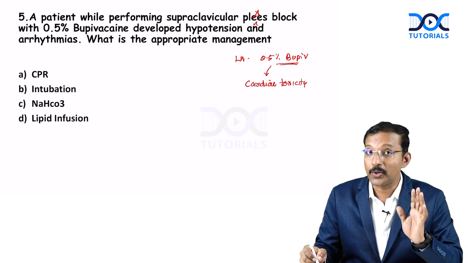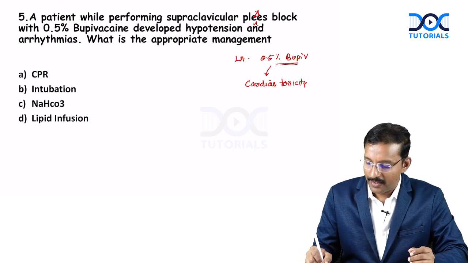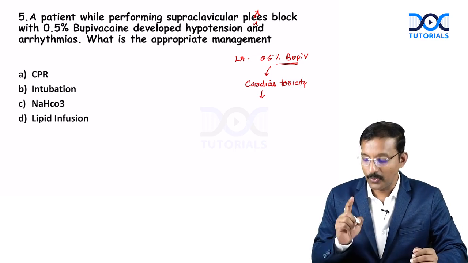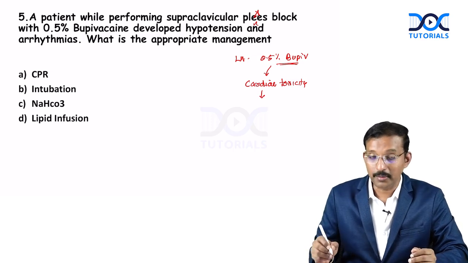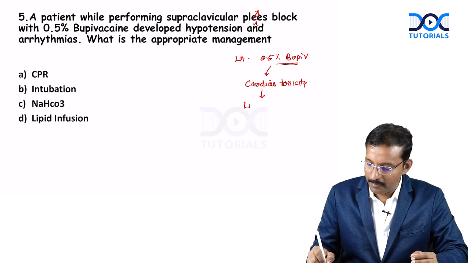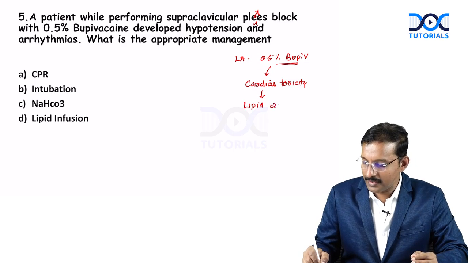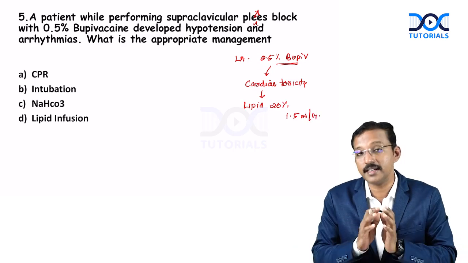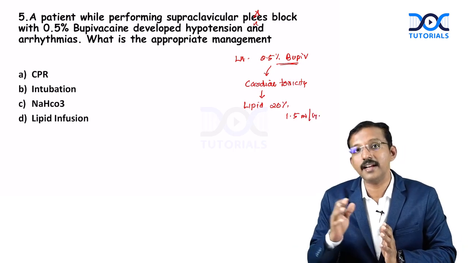Isn't it? It is known for cardiac toxicity. Now, this cardiotoxicity is difficult to treat, and the only antidote, or the most effective antidote, is lipid infusion. 20% lipid infusion at 1.5 ml per kg is the initial bolus which you give, and then followed by